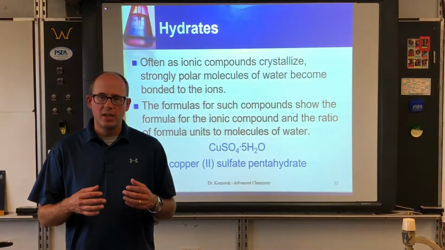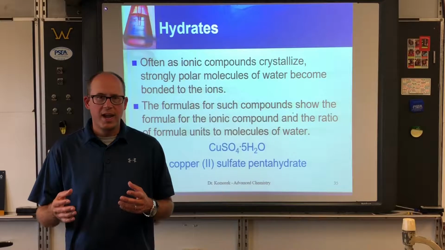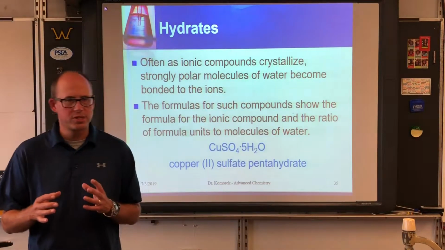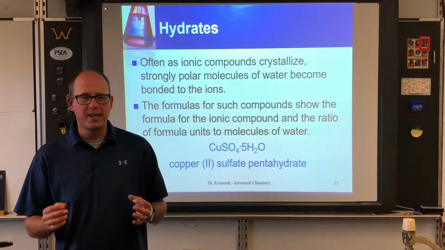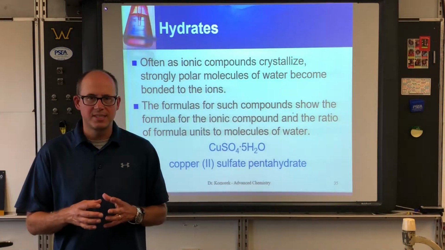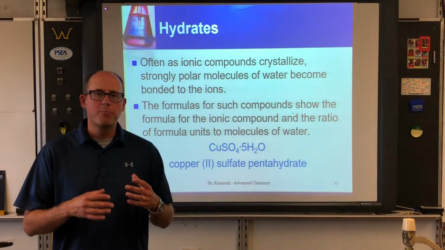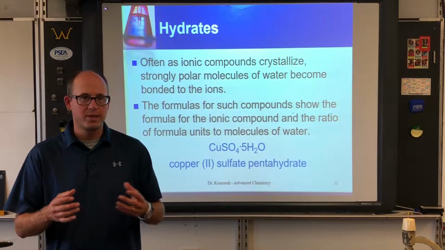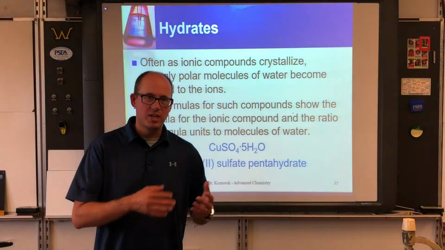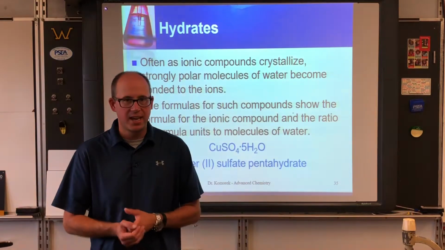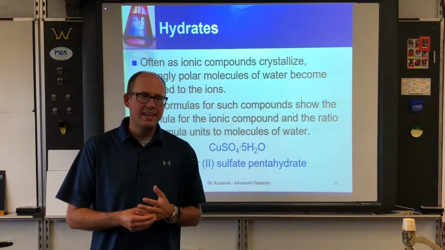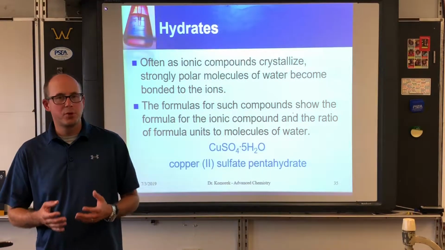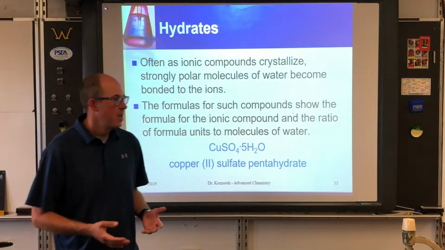Now eventually there's not a lot of water anymore, and the forces of attraction between those ions are strong enough that they start setting up and forming crystals. The little bit of water that's remaining that hasn't evaporated yet gets trapped inside. It's very predictable for each compound to know how many water molecules are trapped within the crystal in relation to how many positive ions you have and how many negative ions you have. So in nature, ionic compounds form typically as hydrates, and they always have a predictable amount of water trapped in them. For example,